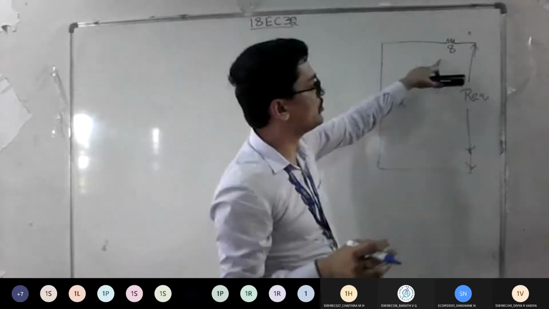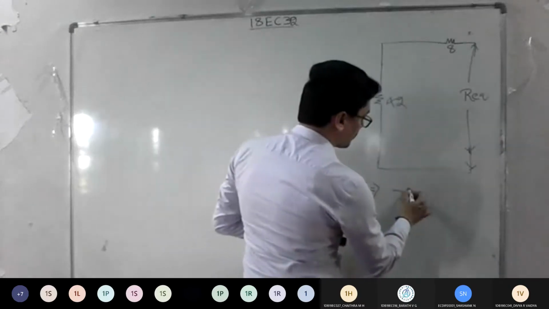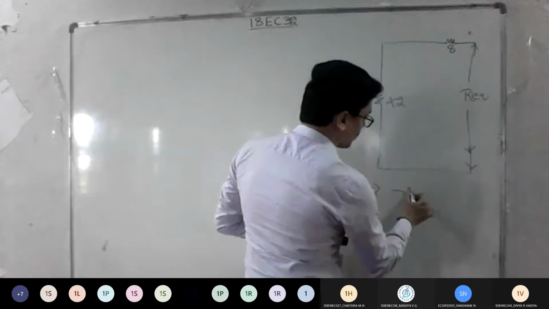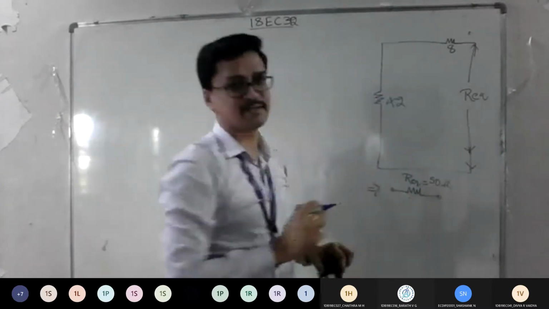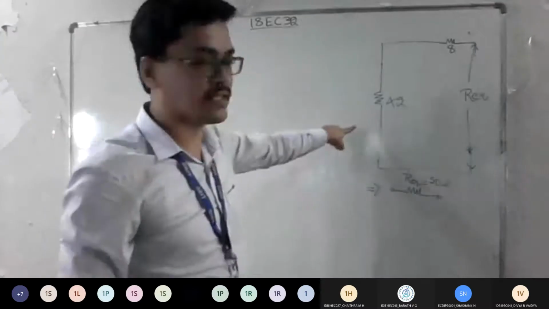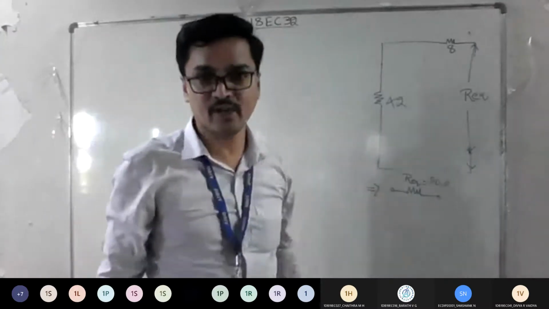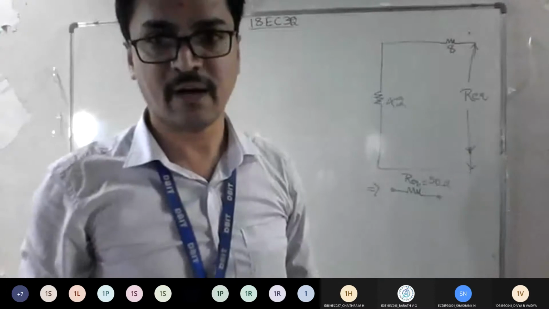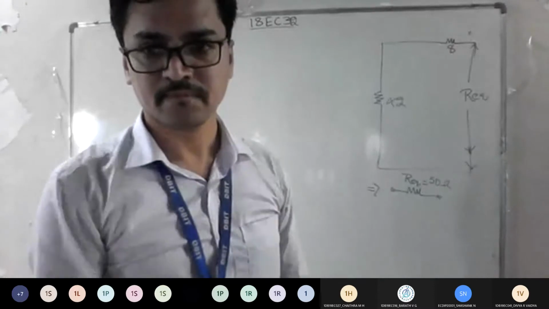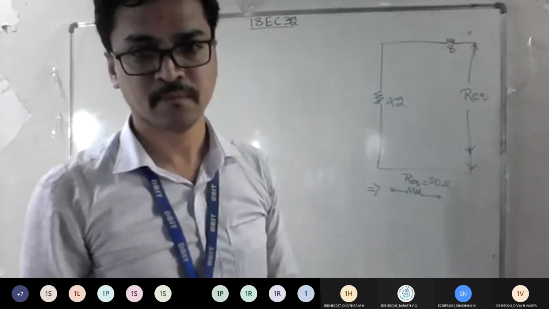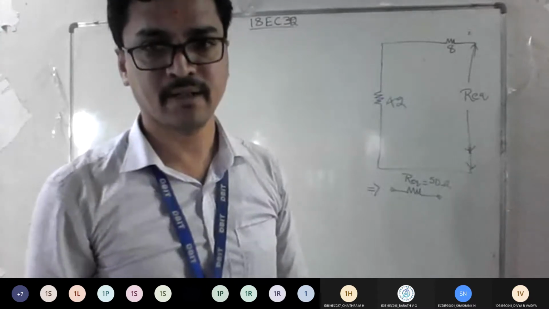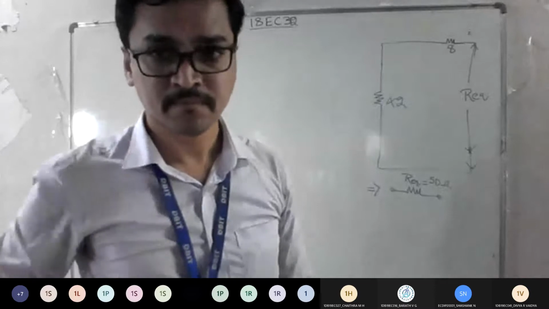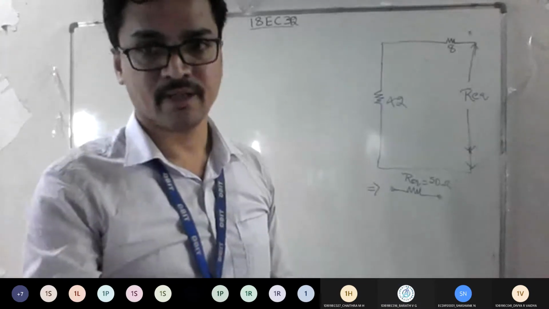So now 42 and 8 is. So it means I'm going to reduce it to one equivalent R as 50. So this is the last. See, if you don't write the circuit diagram like this and show the value, you are not going to get full marks. Am I clear, everyone? Yes, sir. Okay, so now proceed.